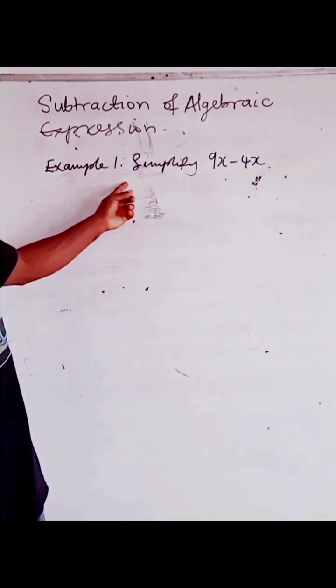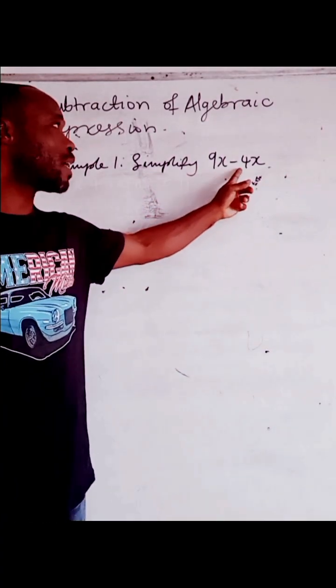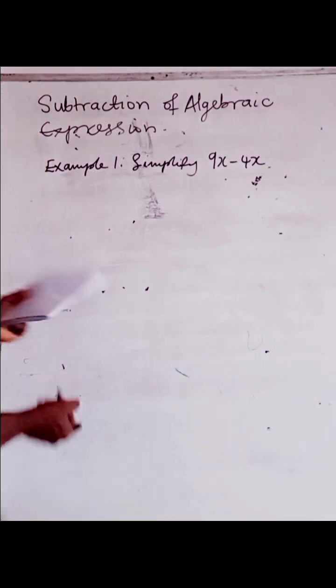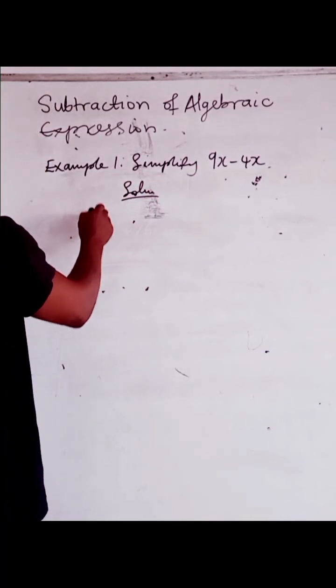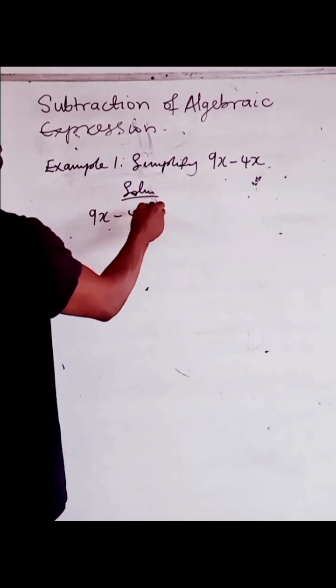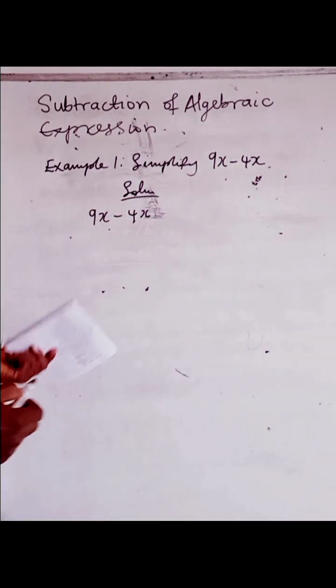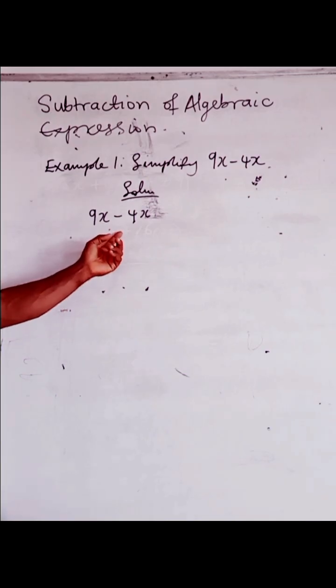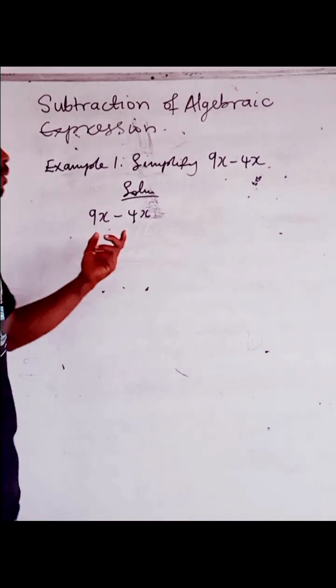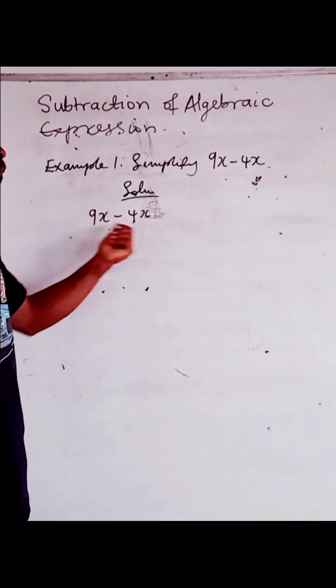Alright, so example 1. Simplify 9x minus 4x. Solution. 9x minus 4x. So something that is very clear here that we can easily see is that again, there are two expressions here that